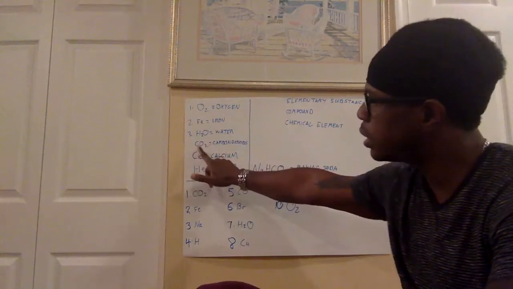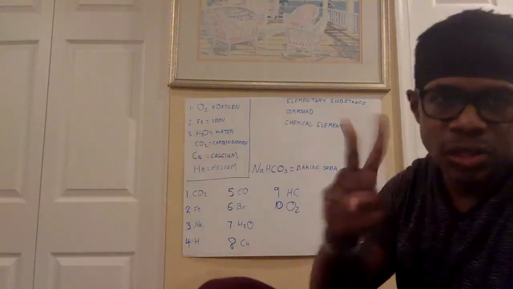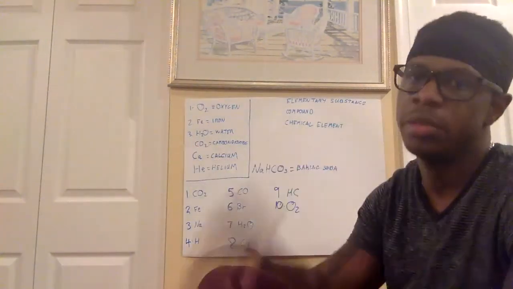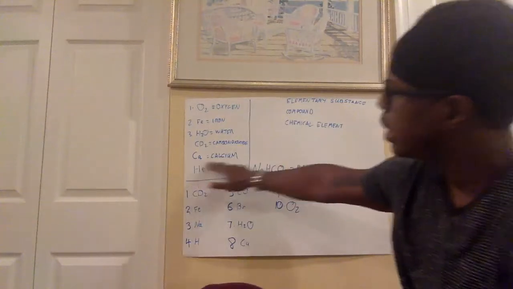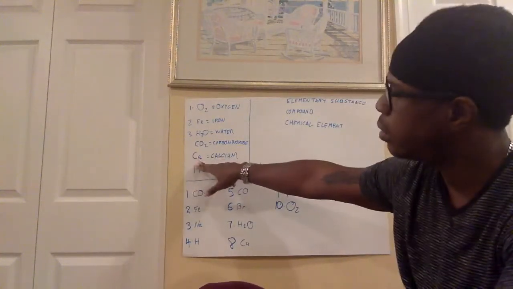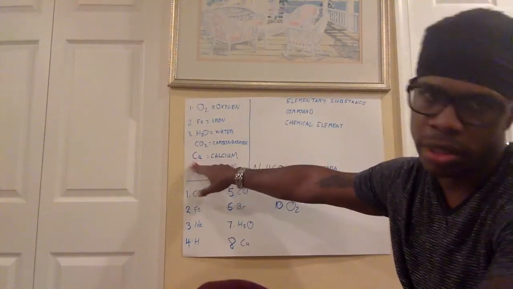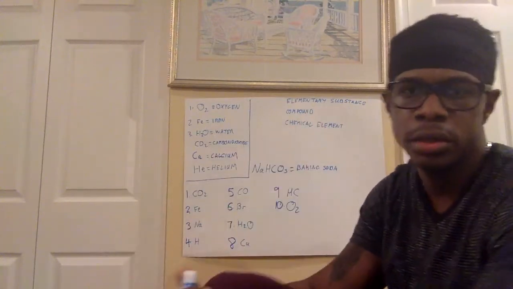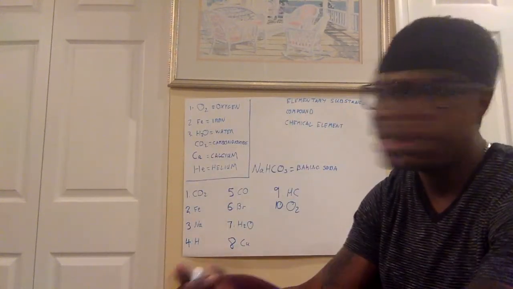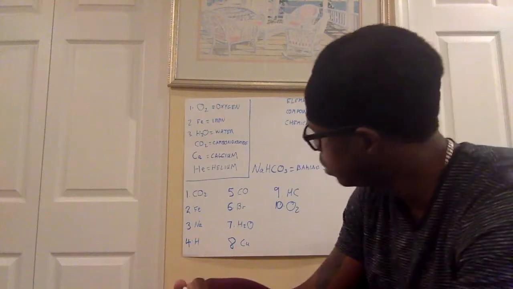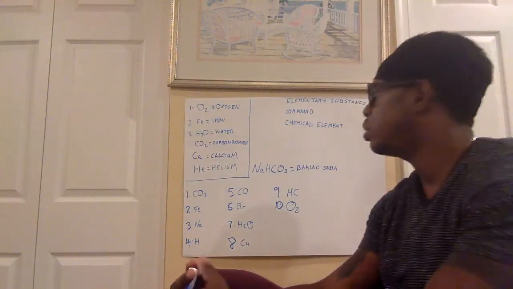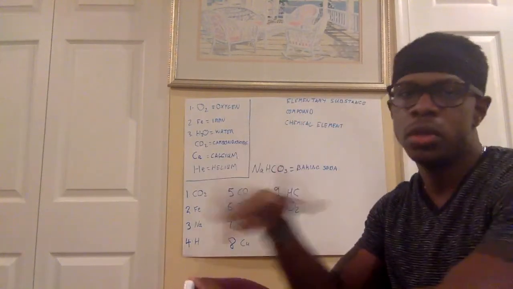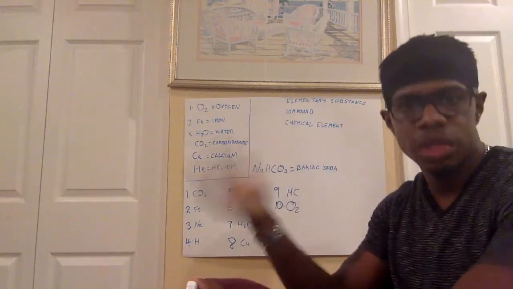CO2, capital C, capital O. We know that's two separate atoms. It's going to be a compound. Calcium, Ca, a big letter and a small letter. We know that it's going to be one elementary substance. And then helium, He, even though it's two letters, the E is small, it's just going to be an elementary substance